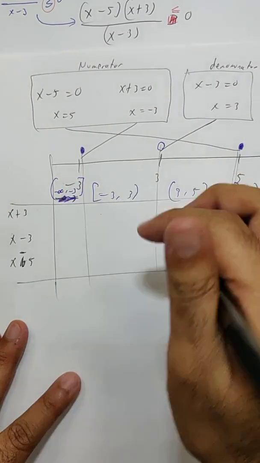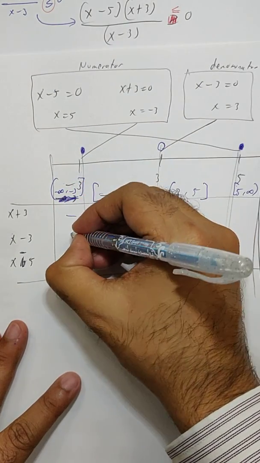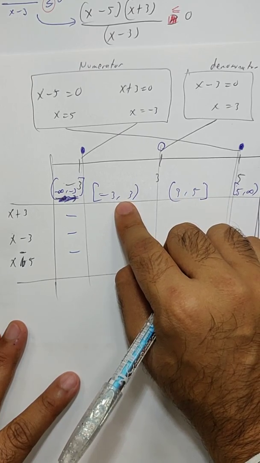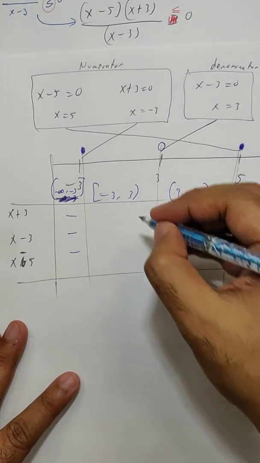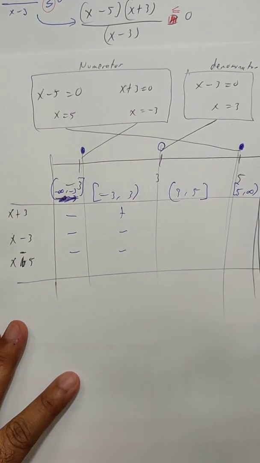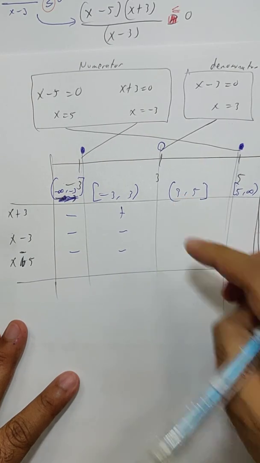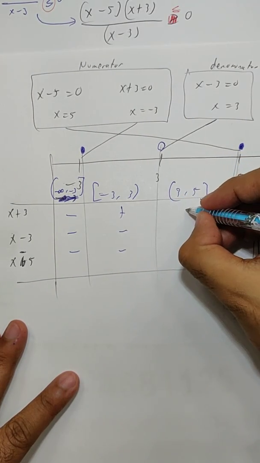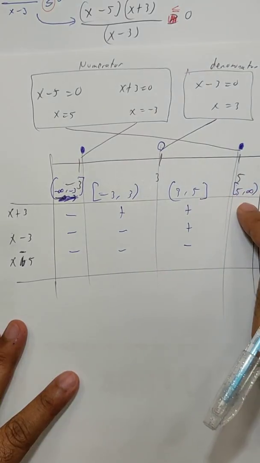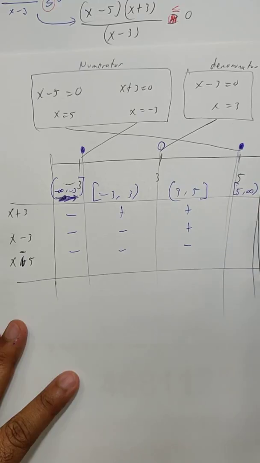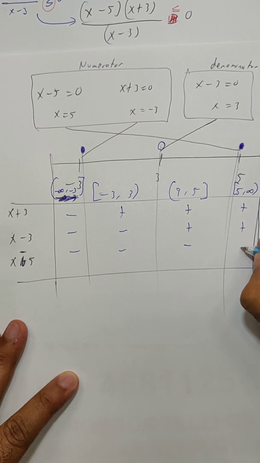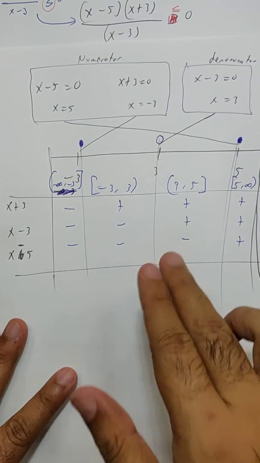If negative 5, negative, negative, negative, somewhere in between, 0 is here, positive, negative, negative. I'm not going to write 0 again. Over here, 4 is good, positive, positive, negative. Here, 7 to 10, 10 is here. Positive,